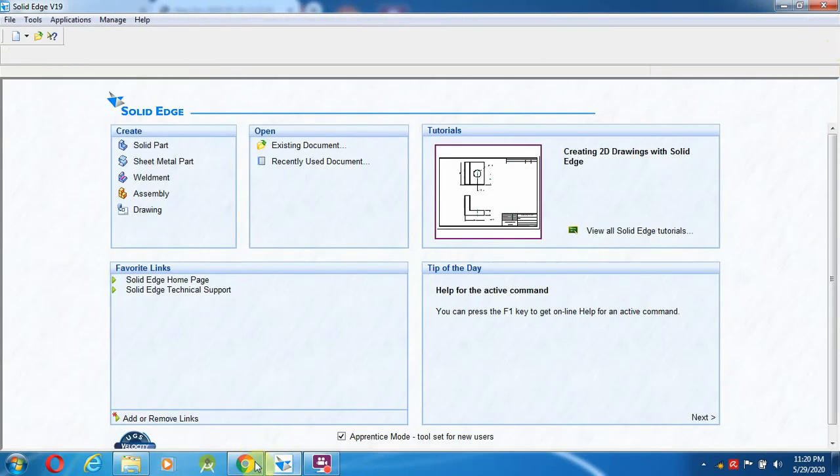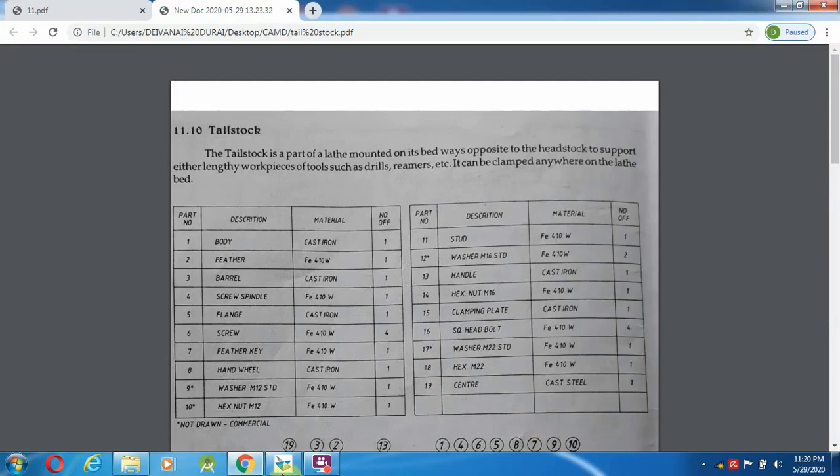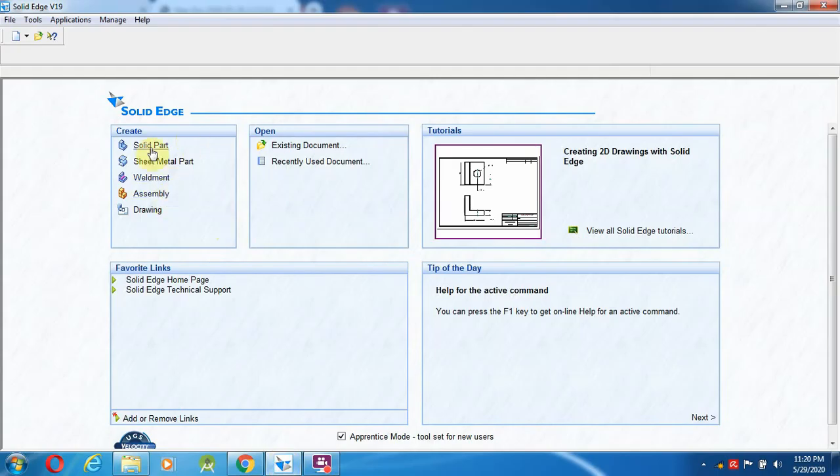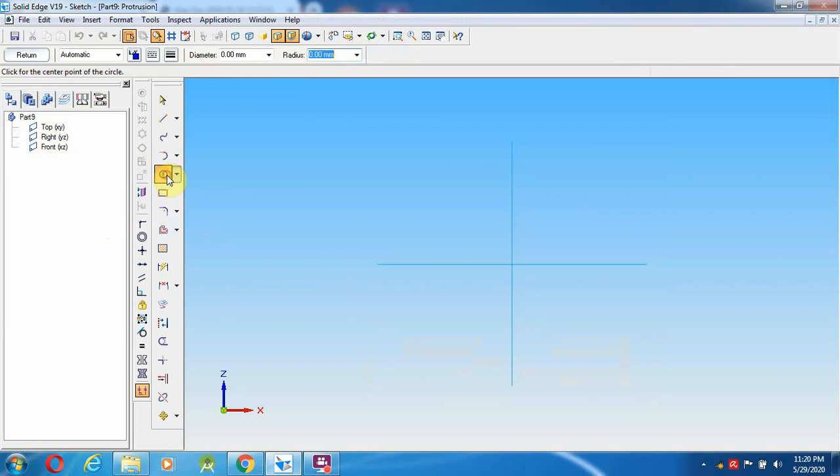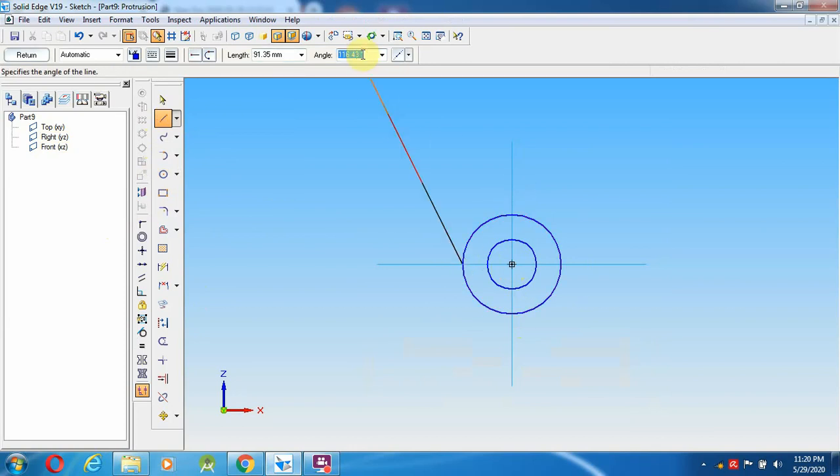Same like how to create the hexagonal M22. Go over here, select a solid part, protrusion, select a circle from here to 22 mm, and again select a circle from here to 44 mm, and select a line from here to 60, enter.